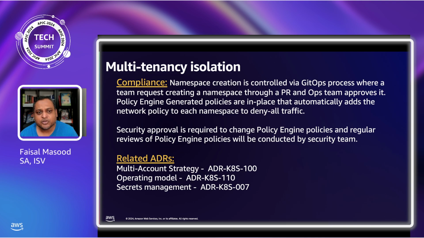So how do we make sure that it's compliant? Namespace creation is controlled by GitOps as we mentioned, and for network policies, it will automatically create deny all network policies. If you want to add some incoming or outgoing traffic, you need to create a PR which security will approve, and that will automatically get applied. So we have compliance, making sure that everything is controlled by operations and security people involved in the GitOps process, and some of the related ADRs. So that's an ADR. I hope you get an understanding of what it could look like.